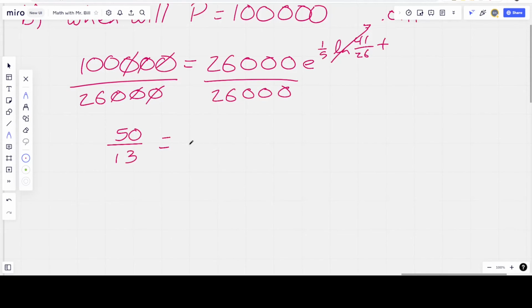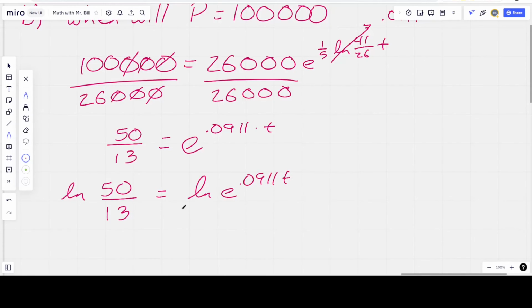And then that's going to be equal to e raised to the 0.0911 times t. Okay, so now we're going to take the natural log of both sides again. Be able to knock down that exponent. Or you can just jump right to set it equal to the exponent. And so we get